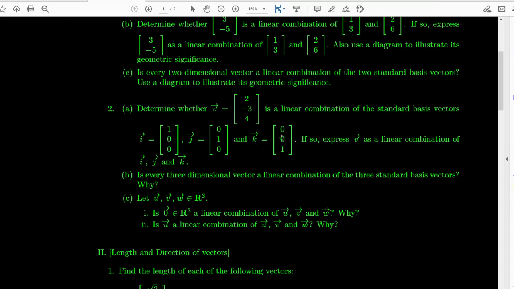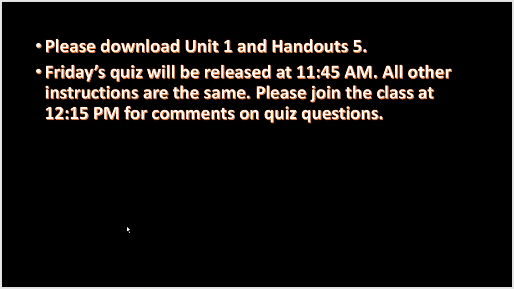i, j, and k are standard basis vectors in R3. Anybody want to tell me the answer? Is v a linear combination of i, j, and k? Yes. In order to answer that question, we need to check: is it possible to write v as